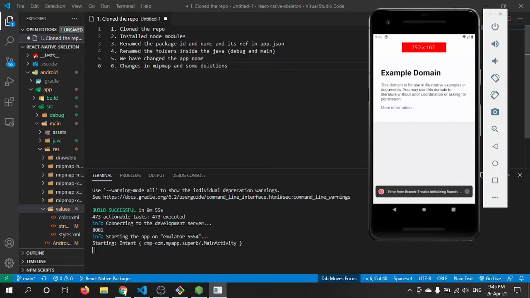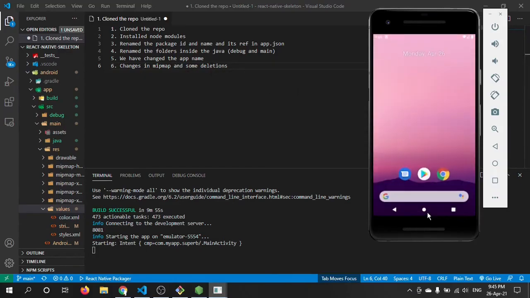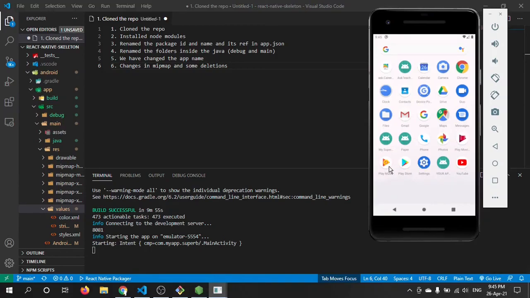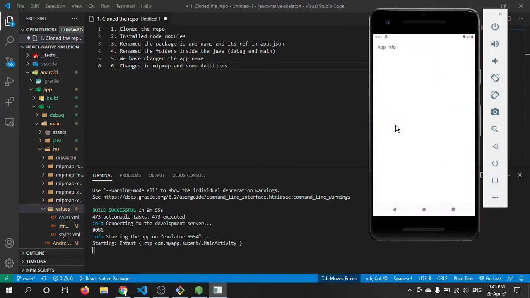And we have changed the actual app name, as you can see, my superb app. If you go inside the app info, you can see my superb app. And if you go into advanced, you can see the version that we are using here, version 2.0.0.